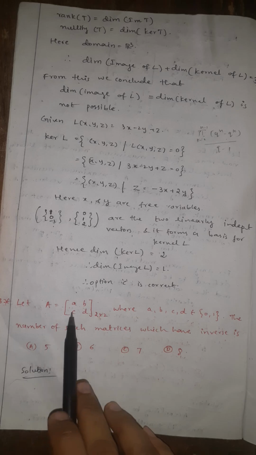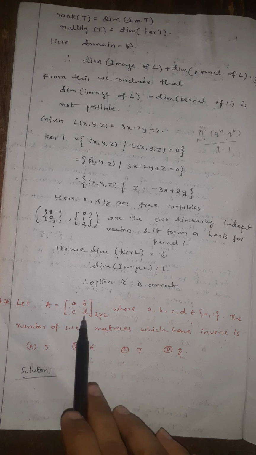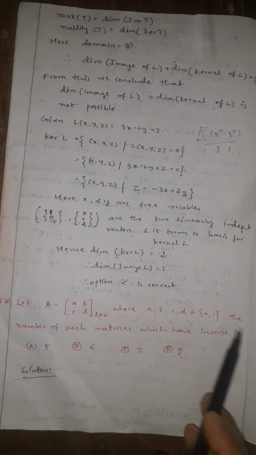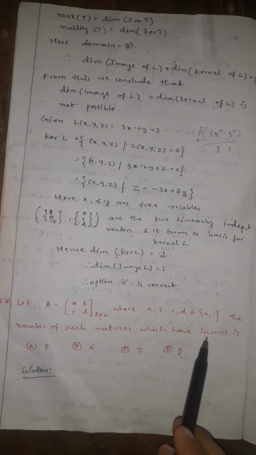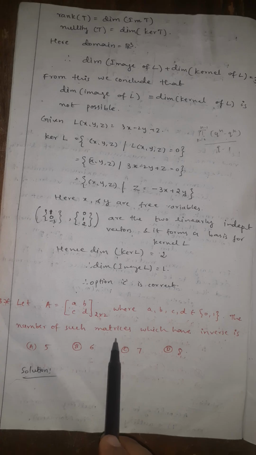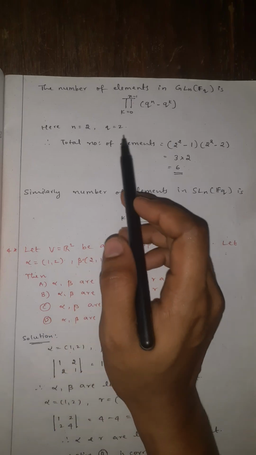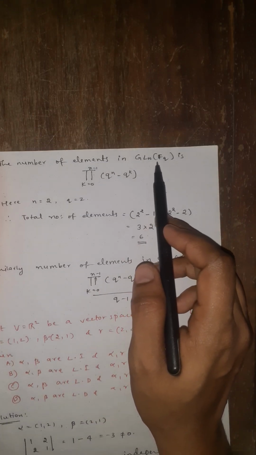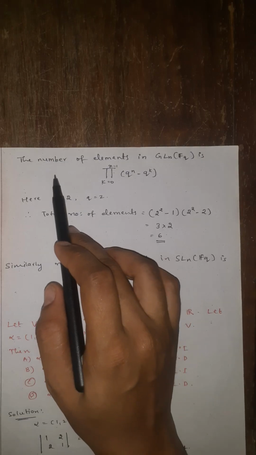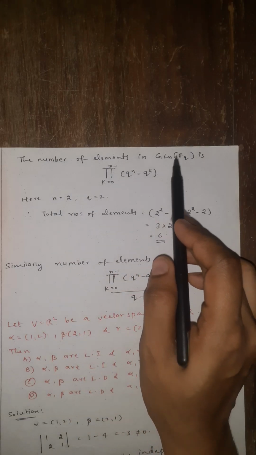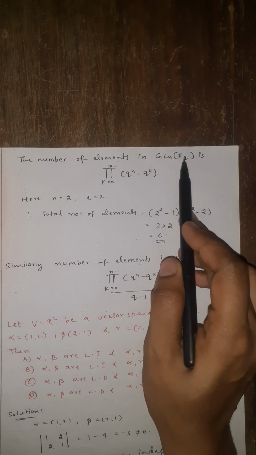Next question. Let A be a 2 by 2 matrix [a b; c d] where a, b, c, d belong to the set {0, 1}. Then the number of such matrices which have an inverse is? So we have to find the number of matrices which are invertible. What do you mean by GL(n, F_q)? GL(n, F_q) is the set of all invertible n by n matrices. Its cardinality, that is the number of elements in GL(n, F_q), where F_q is the field containing q elements